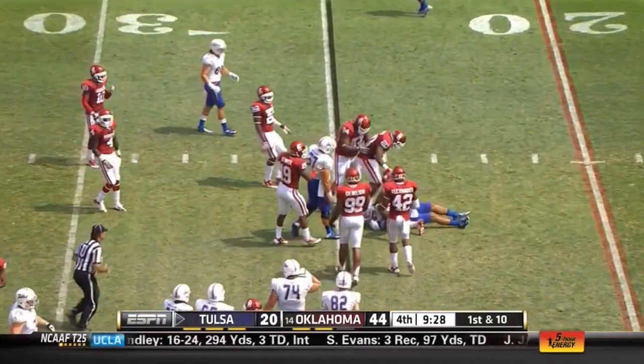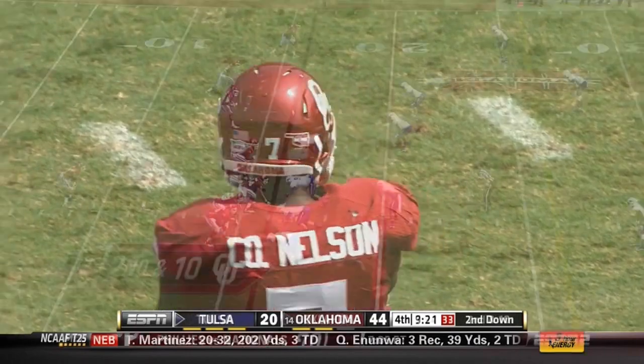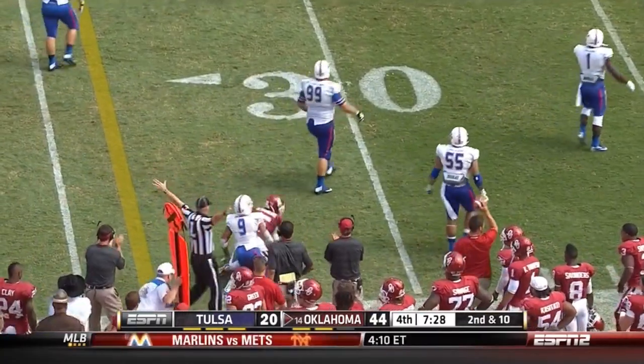Nelson with the tackle as the quarterback Green tried to keep it. He just had nowhere to go. Another good play by Corey Nelson. It's been a long time since Akron won a game on the road, let alone went to Michigan and beat the Wolverines. Nice play to turn the